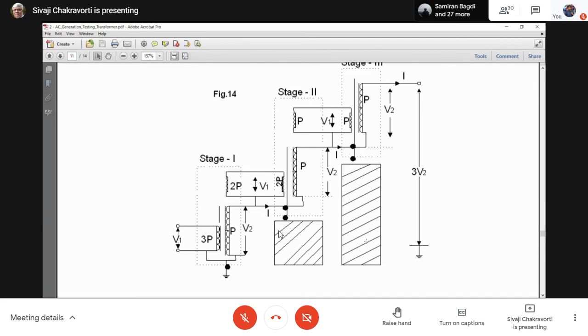And the tank and the lower terminal should always be connected electrically. Why? Because if you don't do that, then there will be a capacitance that will arise between the lower terminal of the secondary and the tank. And this capacitance will have a floating voltage depending on just the system. You don't know what it is. Now that we cannot allow in testing because we have to know the voltage exactly. So this has to be electrically connected.